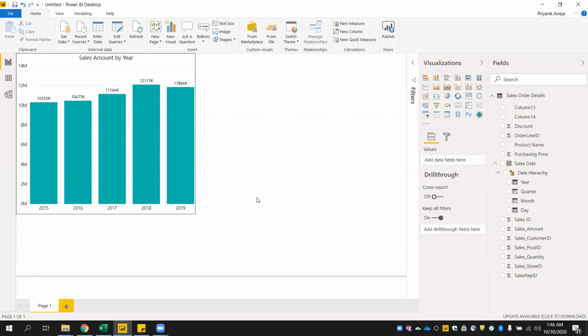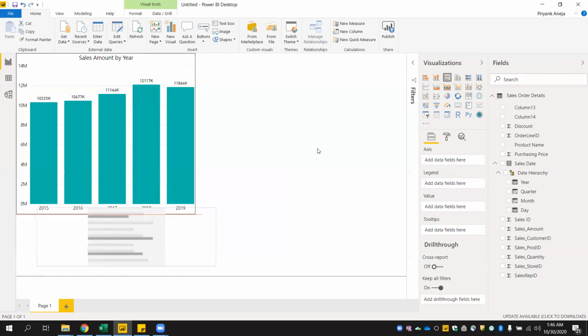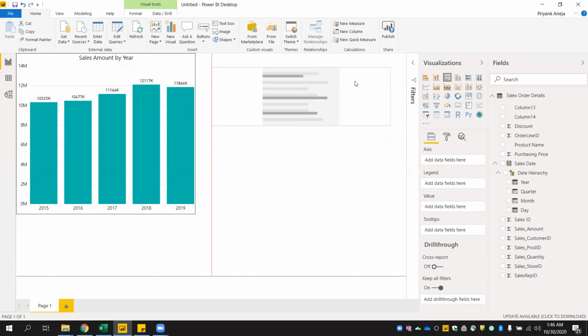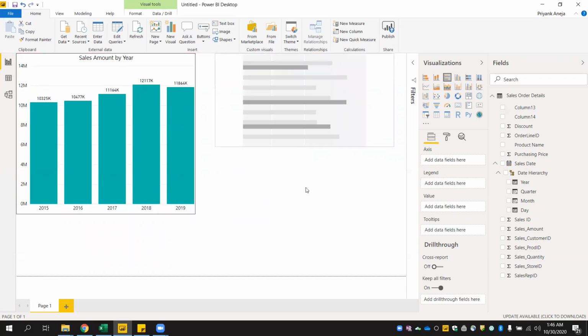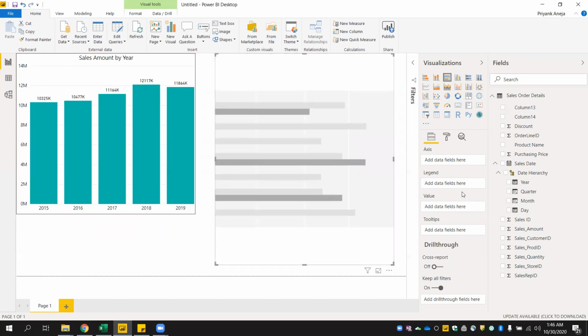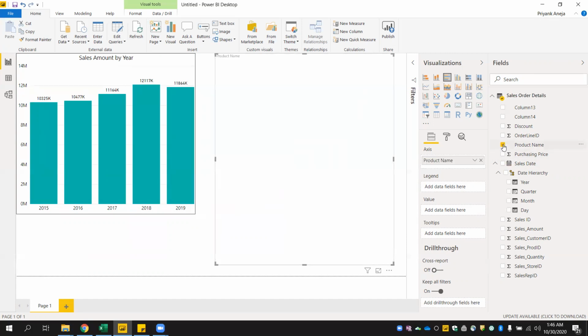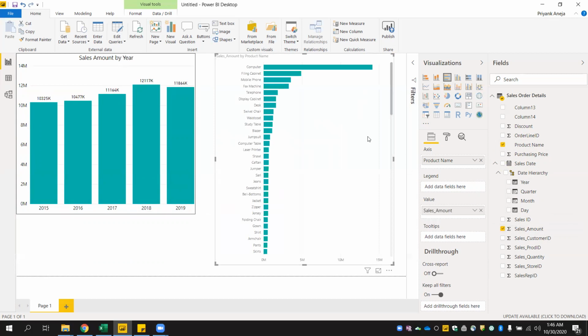Let's create another bar chart to view our products. So I'm taking this clustered bar chart, which is horizontal, and clicking on it. We have that graph here. Let me put product and sales amount.